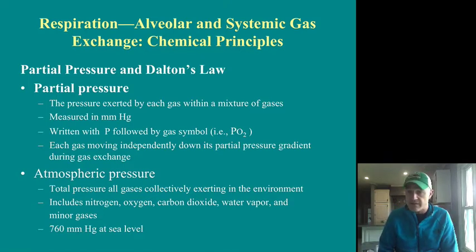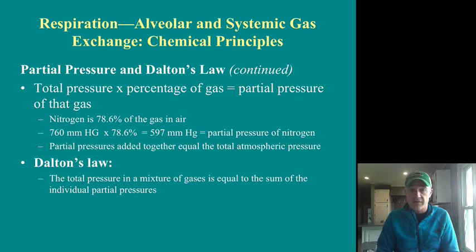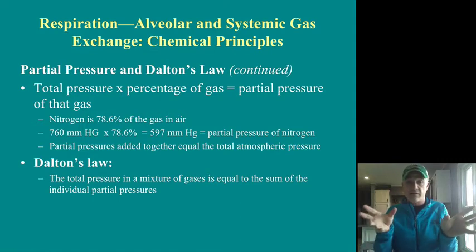So all the gases in the environment combine to make this atmospheric pressure. Things like nitrogen, oxygen, a little bit of carbon dioxide, water vapor, and other gases all go together to make that 760. Each gas's partial pressure is its percentage times that 760, or whatever atmospheric pressure happens to be at the altitude that you're at. For example, nitrogen is just under 80%, so it's 78.6% of the gases in the air. So the partial pressure of nitrogen is that 760 times that 78%, which ends up being